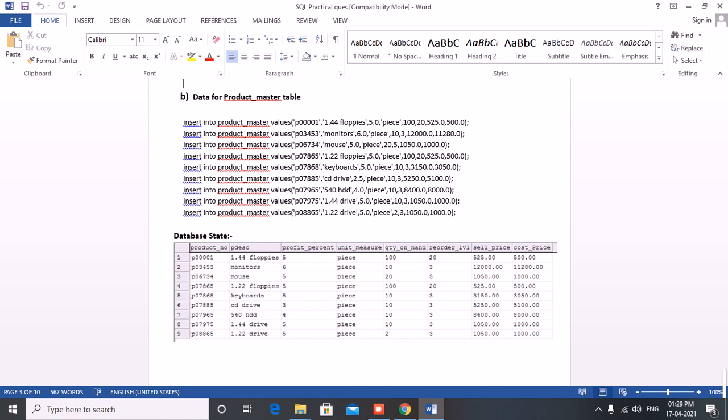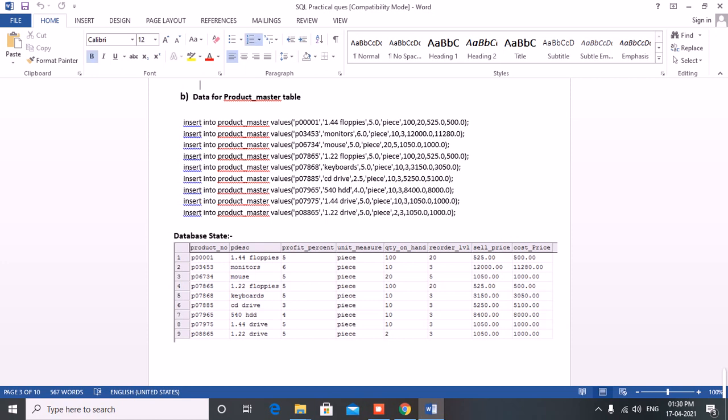So this is product number, product description, profit percentage, unit measure, quantity on hand, reorder level, sell price, cost price. So total there are 9 entries you can see, and in the database state you can see the 9 entries. You can insert as many as you want, but I am inserting for your teaching purpose. I am giving in the lab content 9 entries.